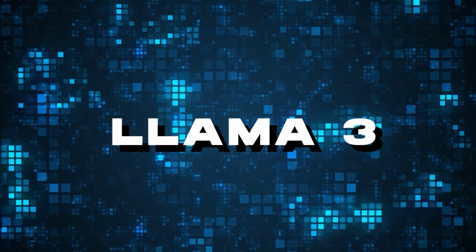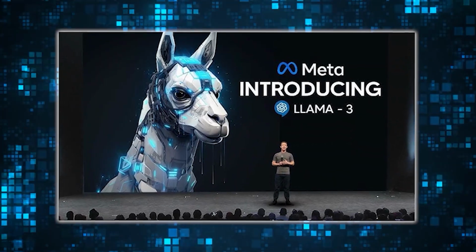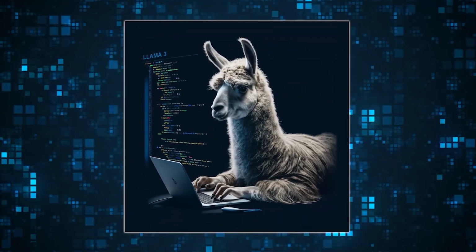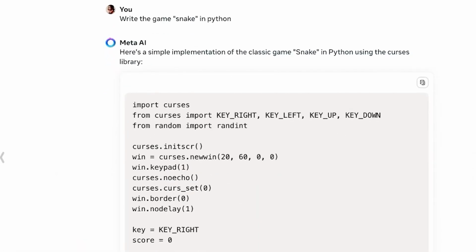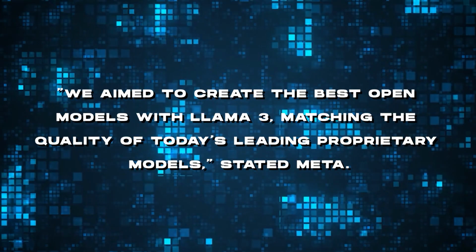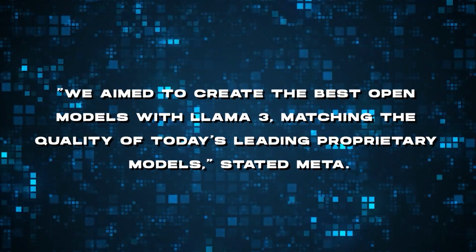Llama 3. And that's not all from Meta. They have unveiled Llama 3, the latest iteration of its cutting-edge open-source large language model, or LLM. According to the tech giant, Llama 3 sets new performance standards, outpacing previous top-tier models like GPT 3.5 in real-world scenarios. "We aim to create the best open models with Llama 3, matching the quality of today's leading proprietary models,"